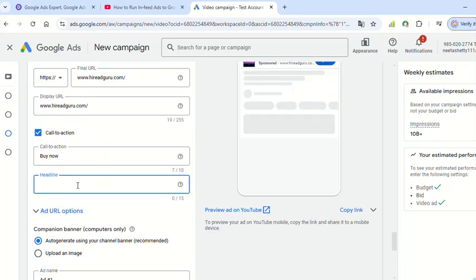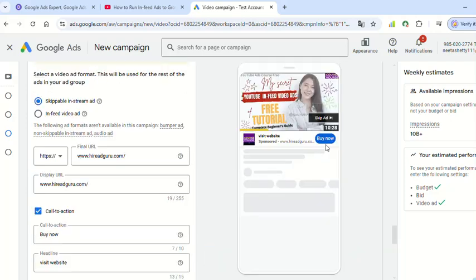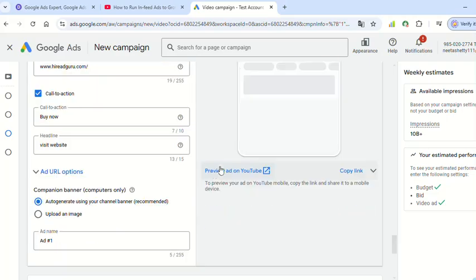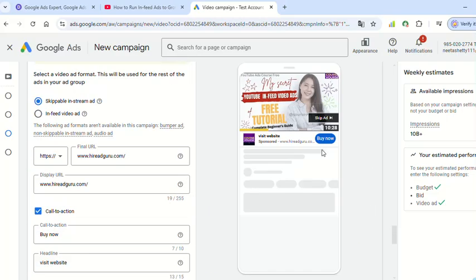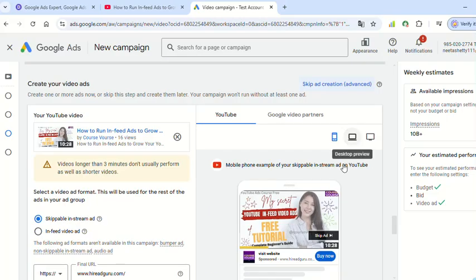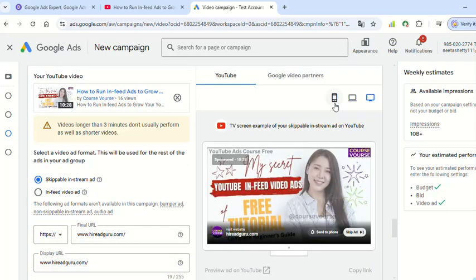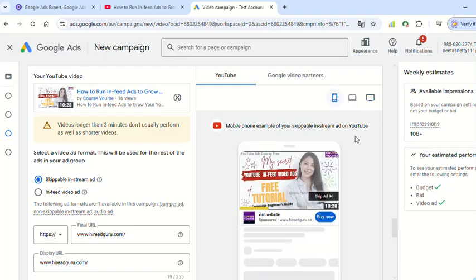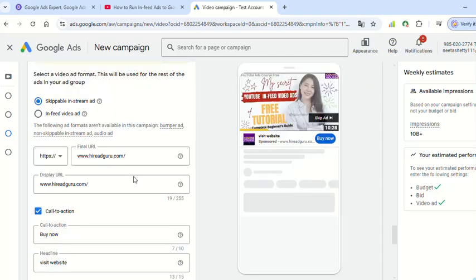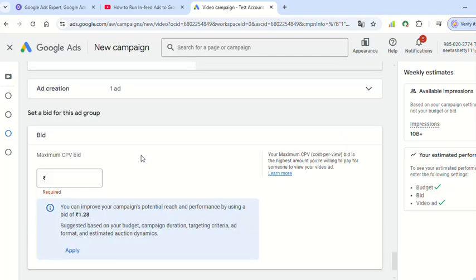Now here it says I can give something like visit website, if it works. Yeah, so 15 characters I can say. So this will be displayed like that: visit website, buy now. Somebody clicks on buy now and is redirected to your website. So this is how we can create the ad, and we can see the different previews. In desktop this will look like this, on television like this, and on mobile phones this is how my ad will appear. Once you're done with it, then you have to scroll down